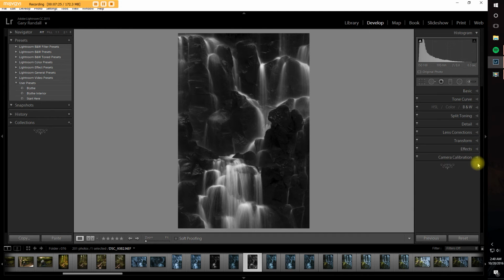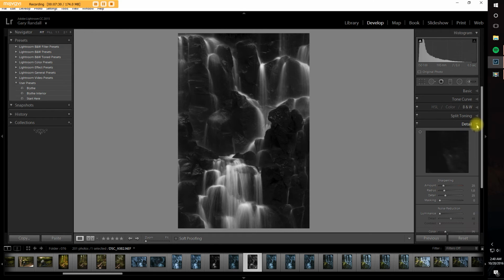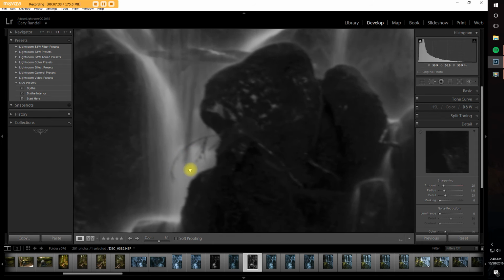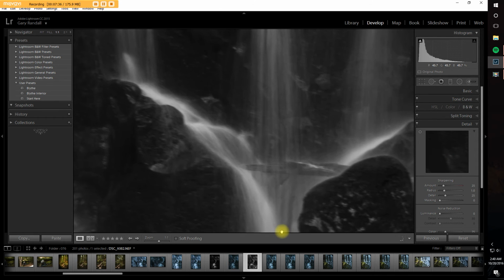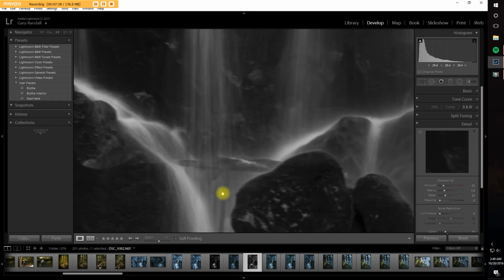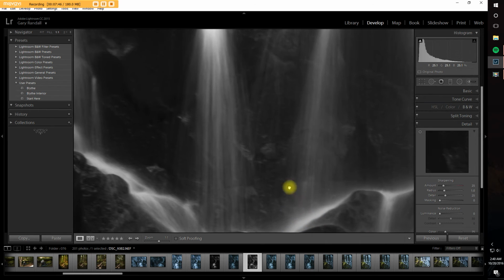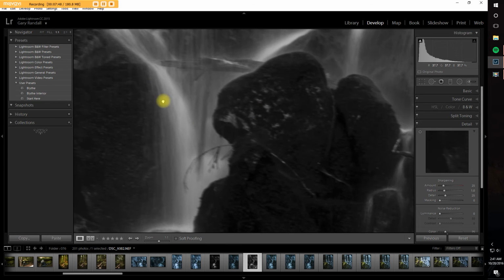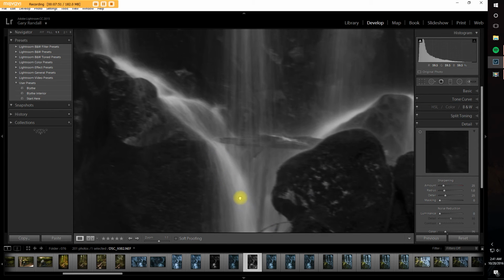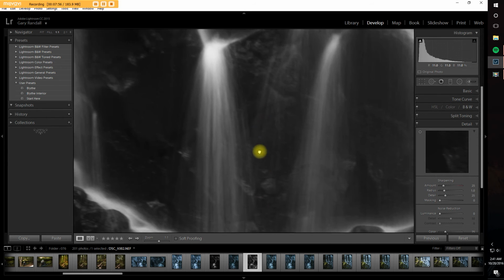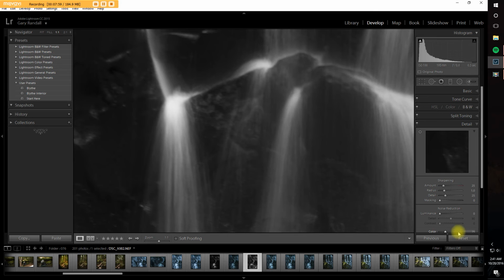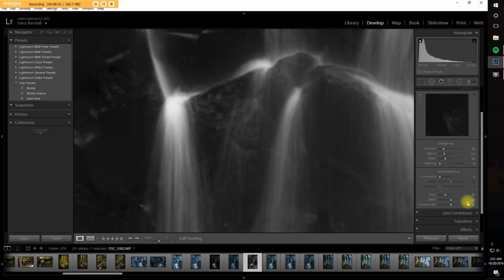All right. And then what I would do is I would come down into my detail area and then try to bring in a little bit of detail here. Looks like I missed maybe a little bit of movement of my lens or something. It's just not the clearest picture. But then again, you got water and stuff falling over it and the stick's moving, and I extend my exposure a little bit, and so it's not the clearest photo. But then again, it just isn't really supposed to. But we can come through here, and